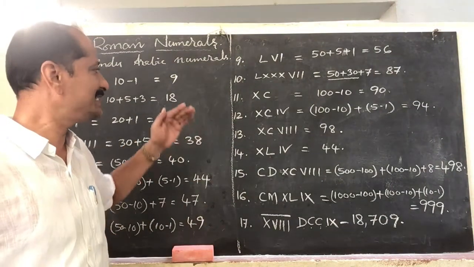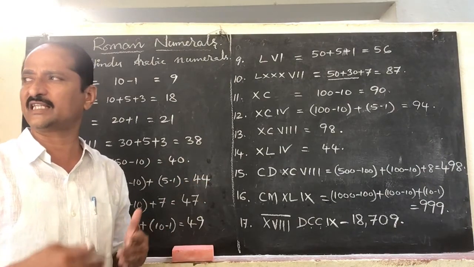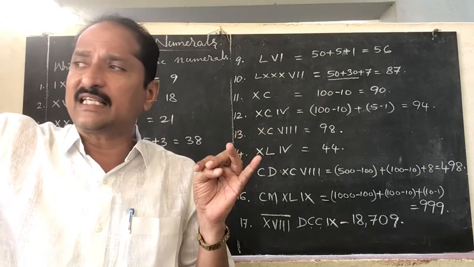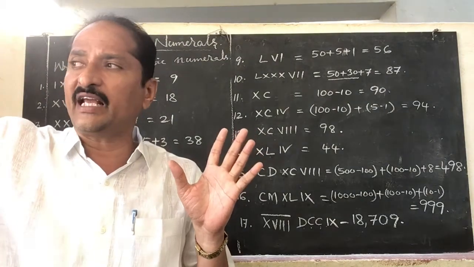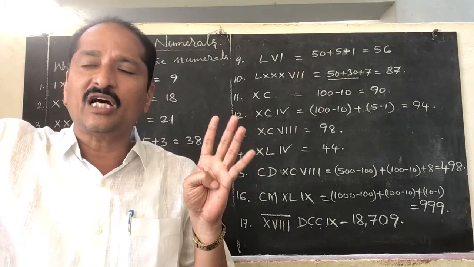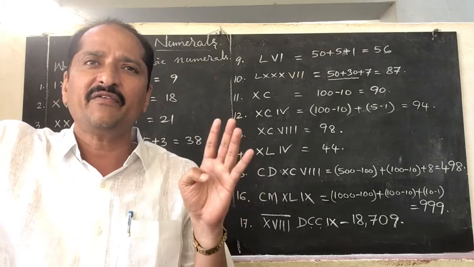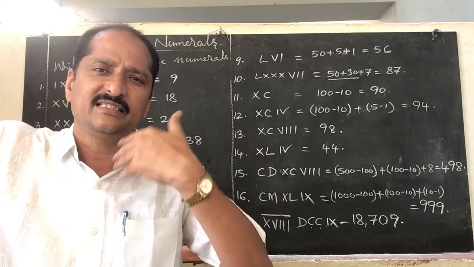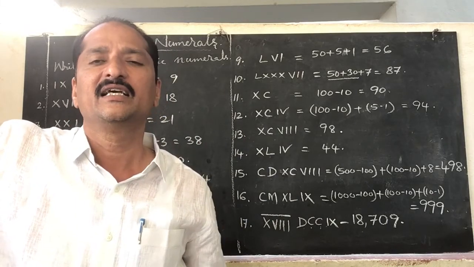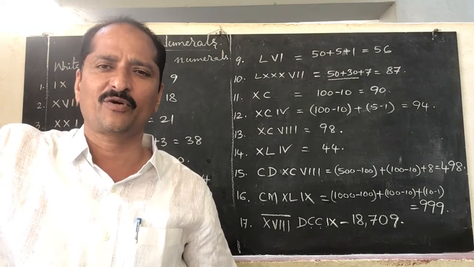Okay, understood? So this is the way you can write. Very, very easy. Whenever you are writing, you have to check carefully. You should know the symbols. I, V, X, L, C, D, M. I stands for 1. So you have to remember carefully the symbols and the numbers in Hindu Arabic numbers. Whenever you remember them easily, it is easy to write any number. Any number can be written easily with the help of these Roman numbers. So this is the completion of Roman numeral symbols.